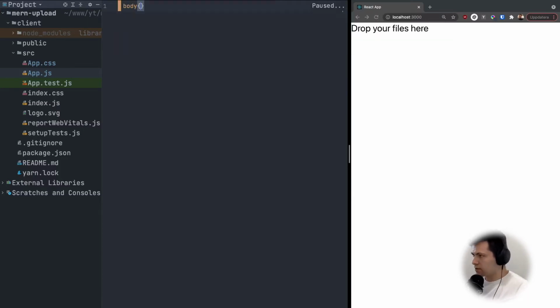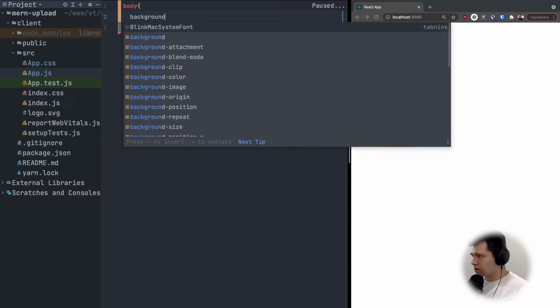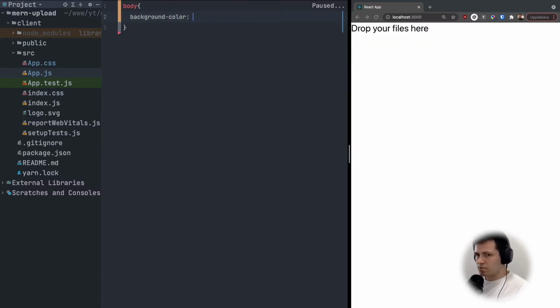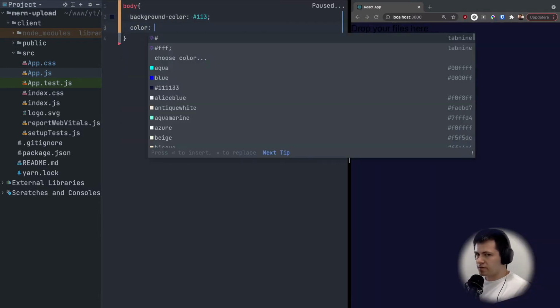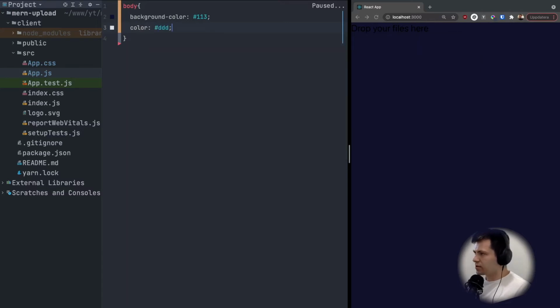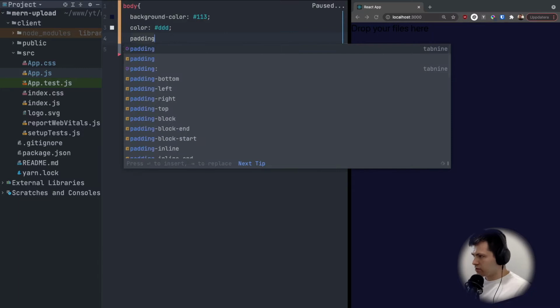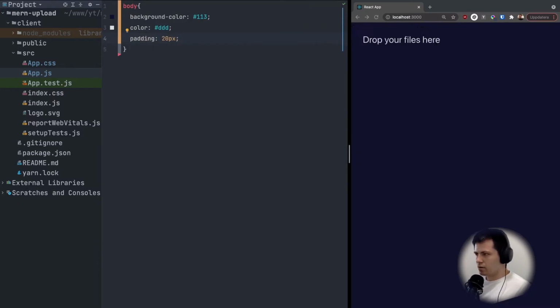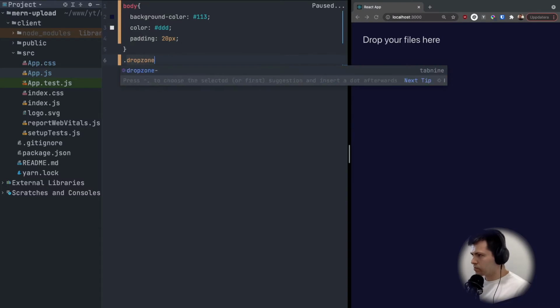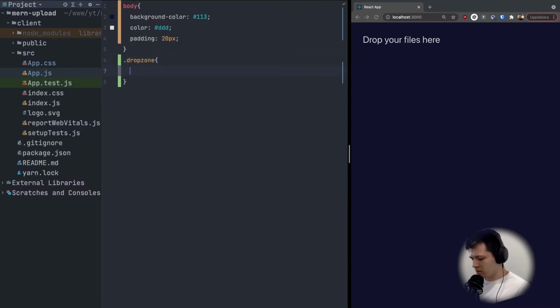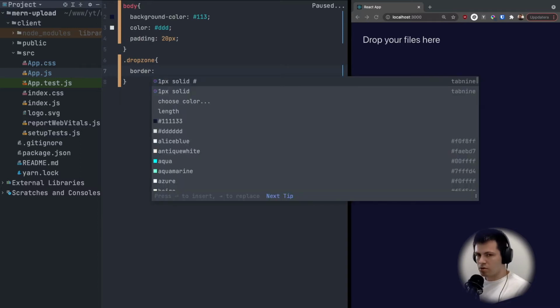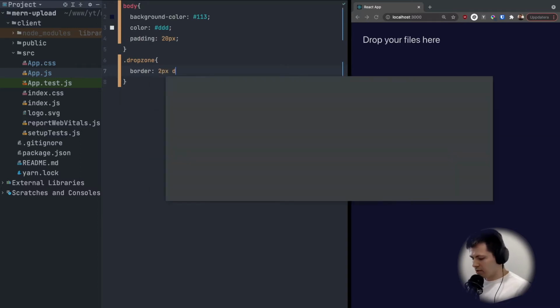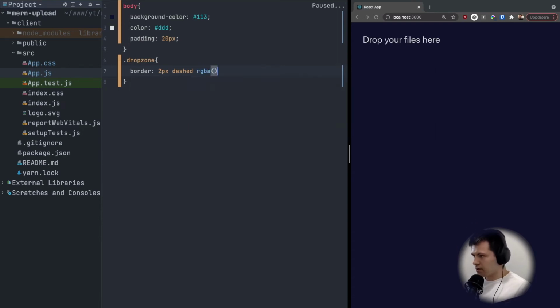Okay, so let's start from the background. I like some dark colors, so let's do background color maybe 113. Yes, and the color of the text needs to be brighter, so let's do DDD like David. And let's add also some padding, I don't know, maybe 20 pixels. All right, now with the drop zone, let's add this dotted border, 2 pixels, dashed, and let's do RGBA,